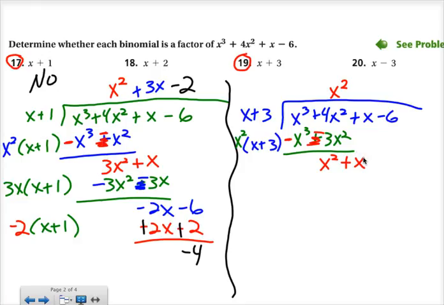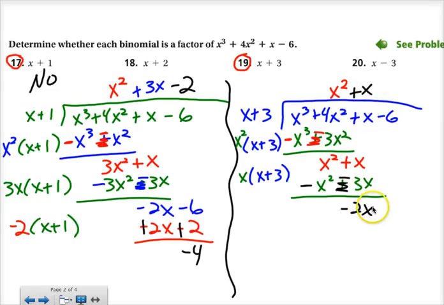And now we go back to our little x plus 3 to figure out how do we get that to be an x squared in the first position. We get that by multiplying by x. So x squared plus 3x. Change the signs and add, and that x is doing its job. I'm going to be able to drop out those x squareds, and I'll get a negative 2x, and I'll bring